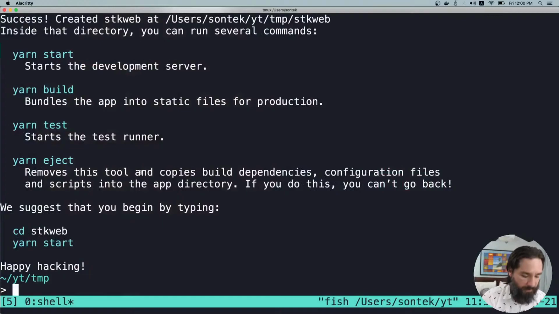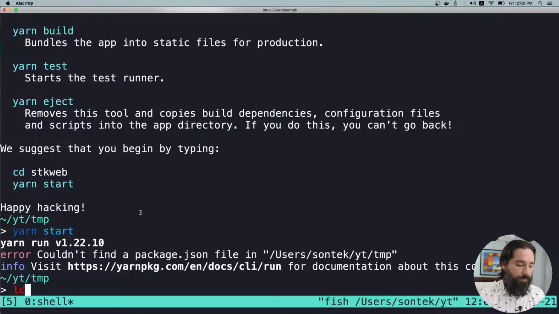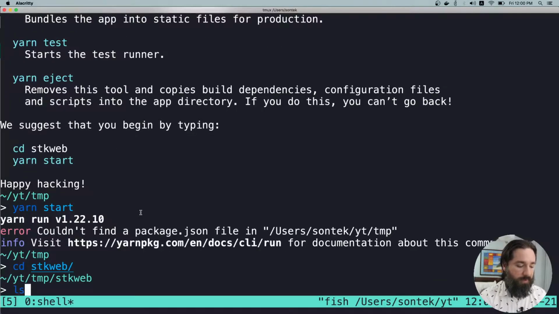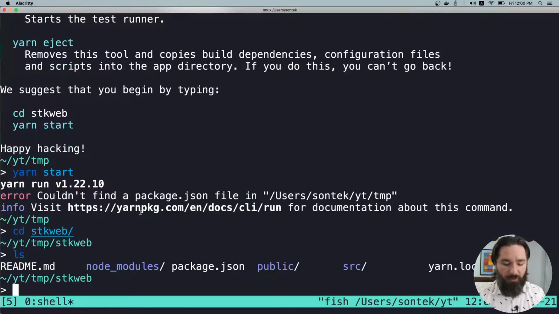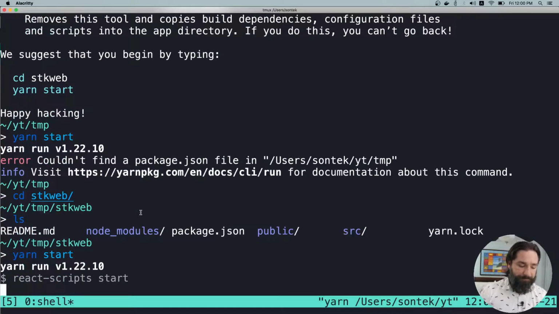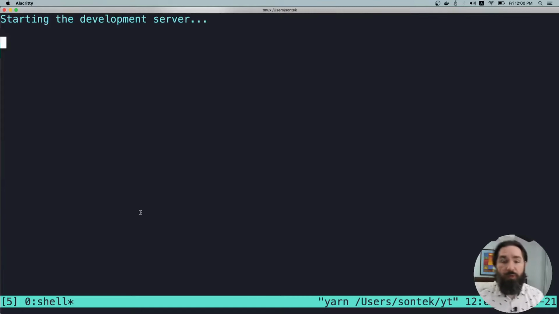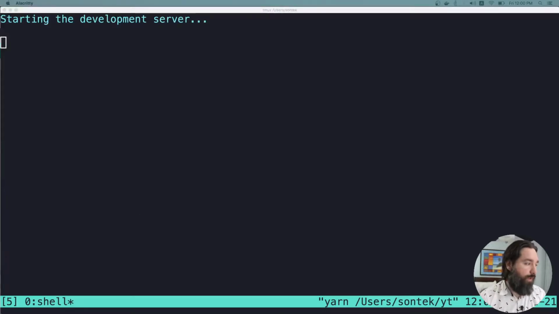So this is done running. You can see it says yarn start. So that's how you would traditionally spin up. Oh, so we have to go into here. And if you look, it created the node modules, the source files, all that. And then you can just run it. And now what we want to do is remove that dependency for running